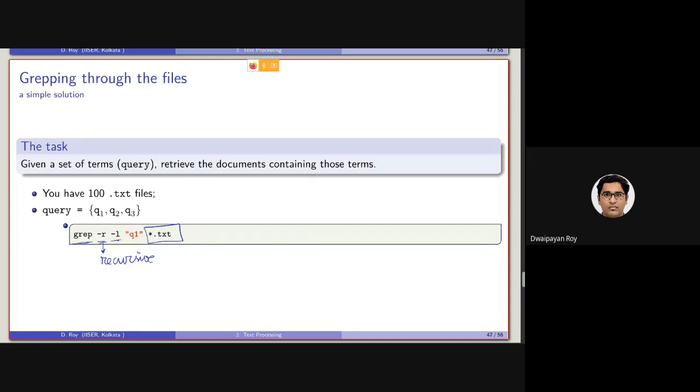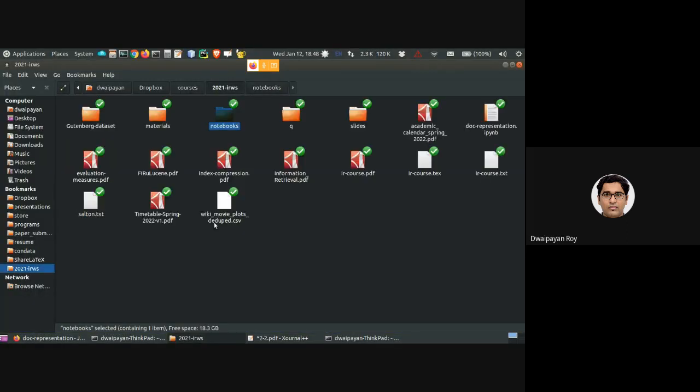Here -L will be basically giving you only the document IDs or the line numbers, or extremely sorry, -L will be just returning the name of the file.